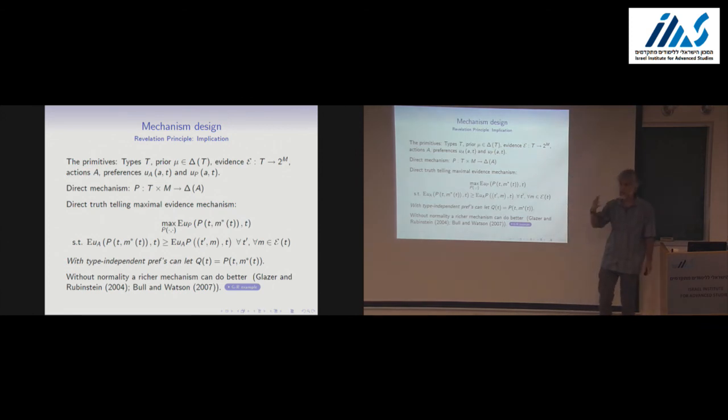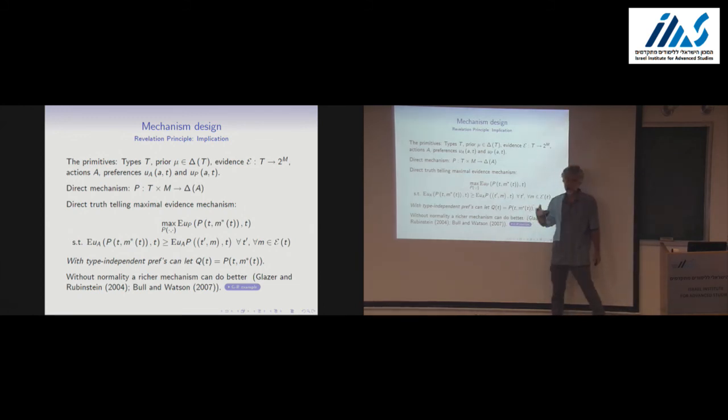And clearly, if he presents evidence that is different from what you requested, you're going to do things that are bad for him in order to incentivize him to present the evidence that you want. So you need a much more general mechanism when you don't have normality. So in terms of Eric's question of what role normality plays, it means that the mechanisms you have to